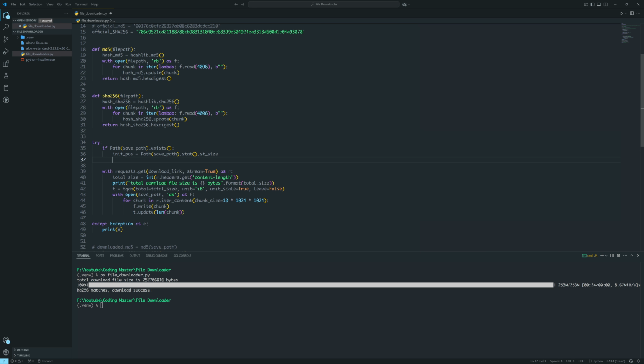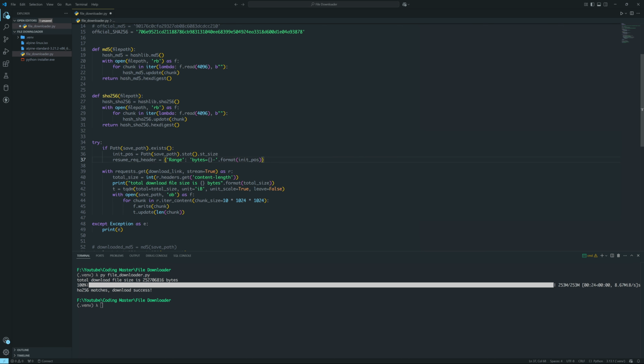of our GET request. So in order to tell the GET request to use this init position, we need to pass it in the request header, and we need to use the range attribute in the request header. So let's define a resume request header equals, so range is the attribute name, and the value should be bytes equals from the init position to the end. So dot format init position,